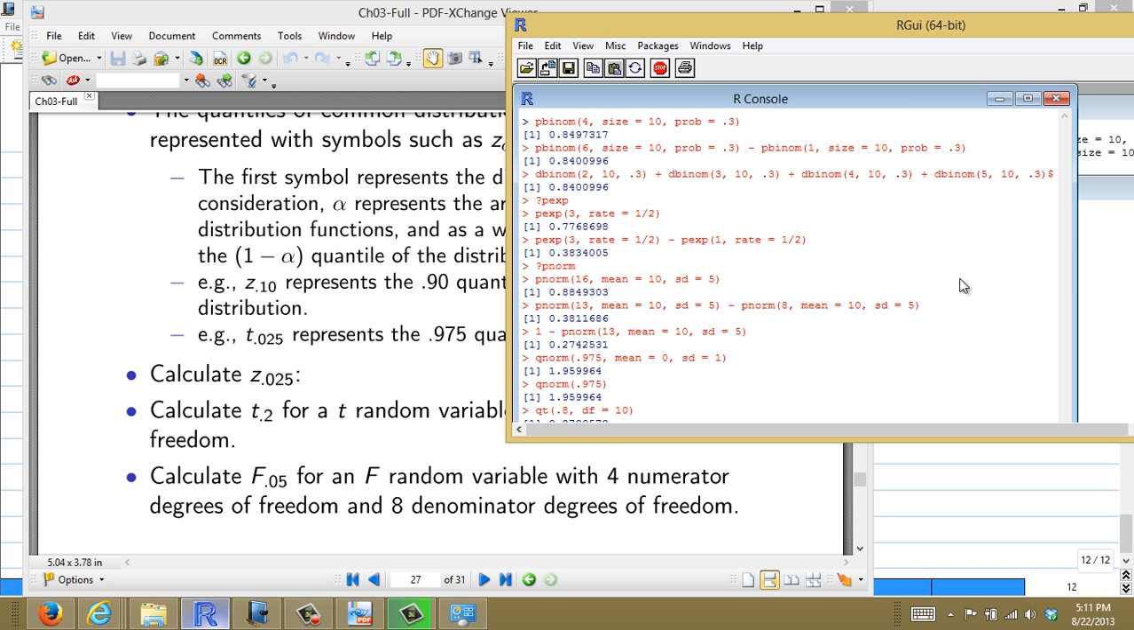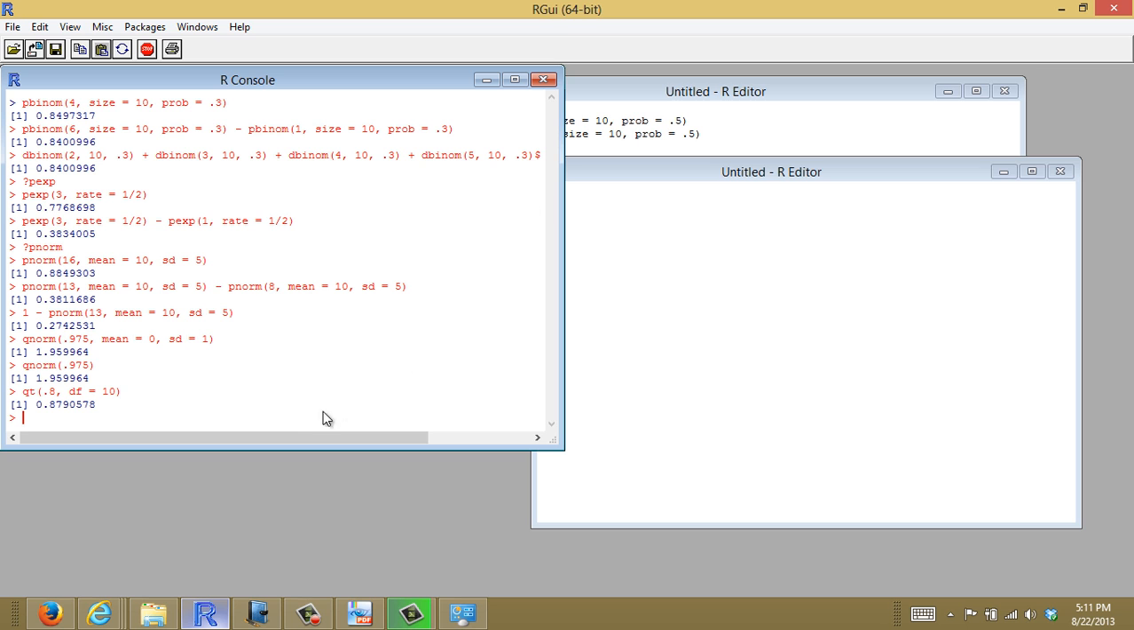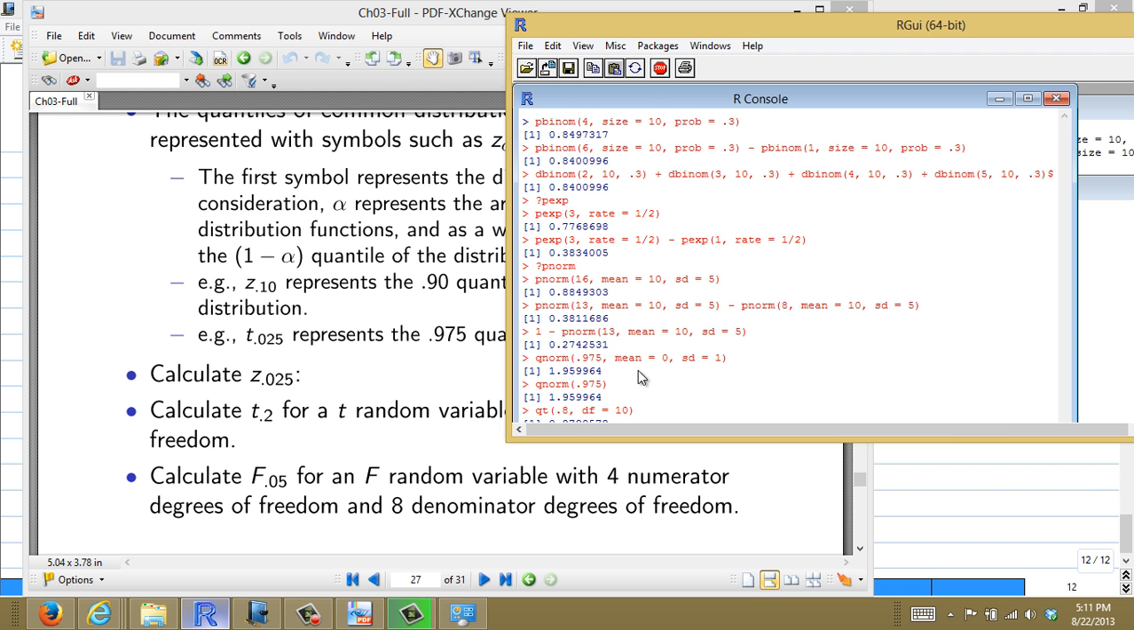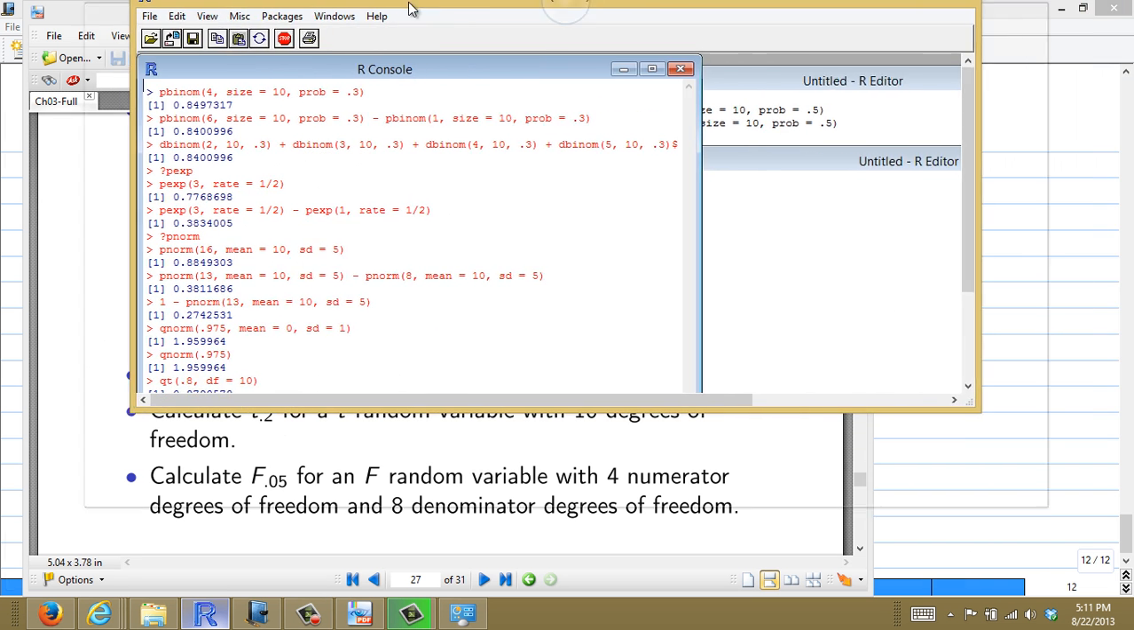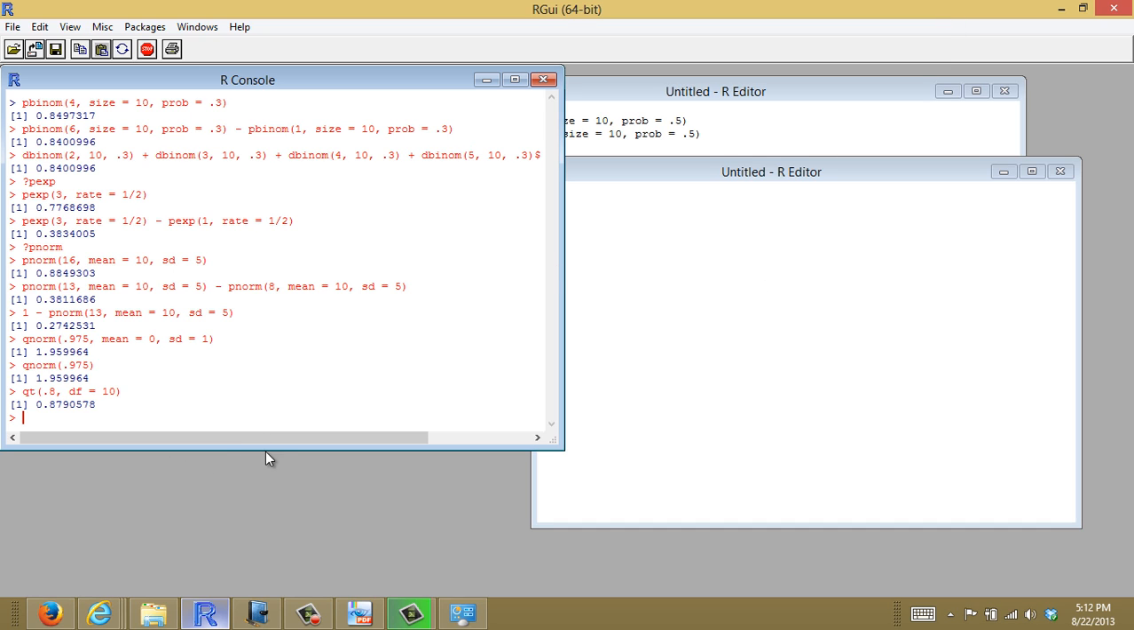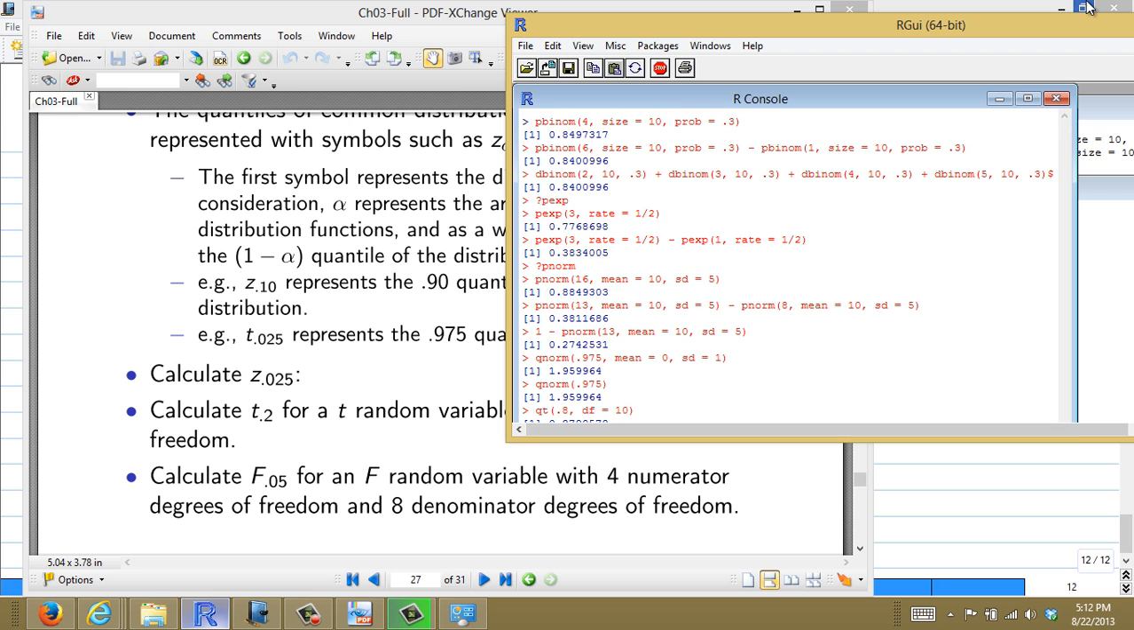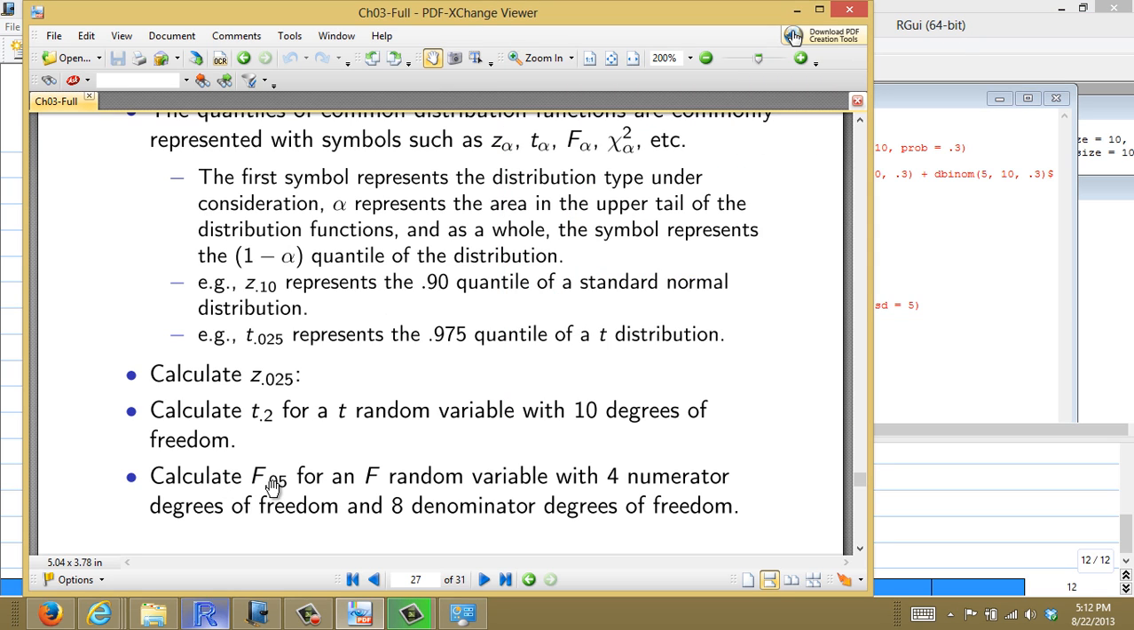So the answer to the second question here, the 0.8 quantile of a T distribution with 10 degrees of freedom, is about 0.88. Lastly here, we want f of 0.05, where F stands for an F random variable,